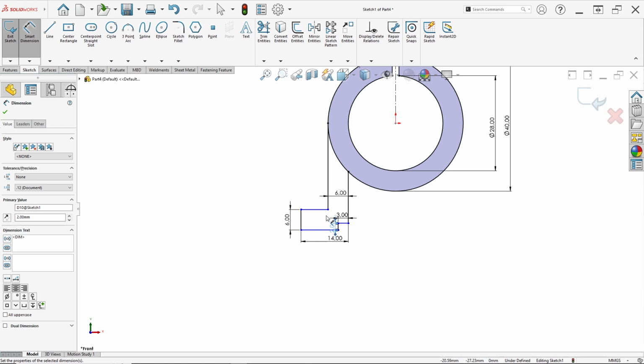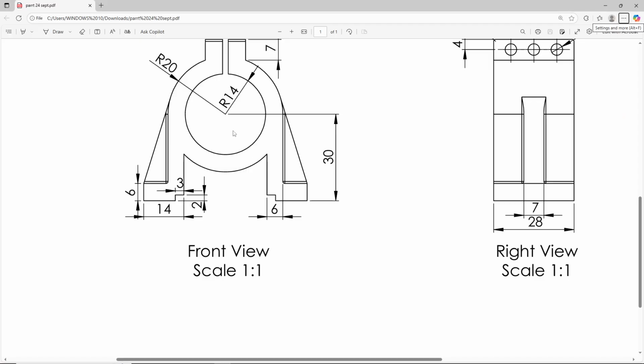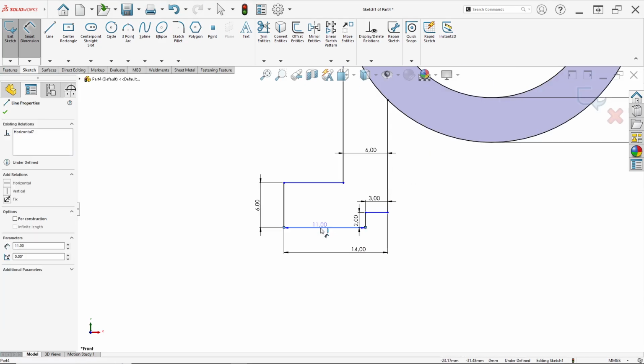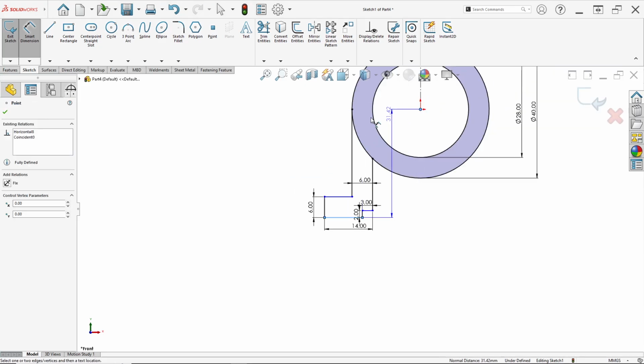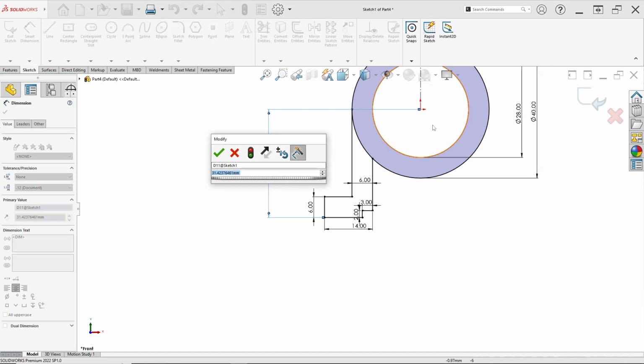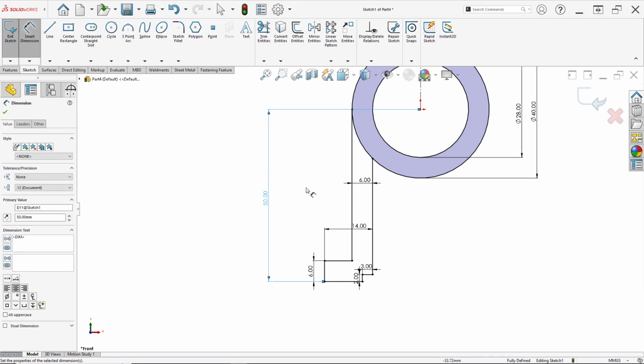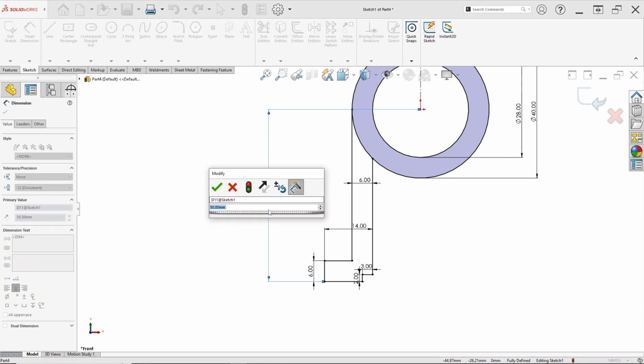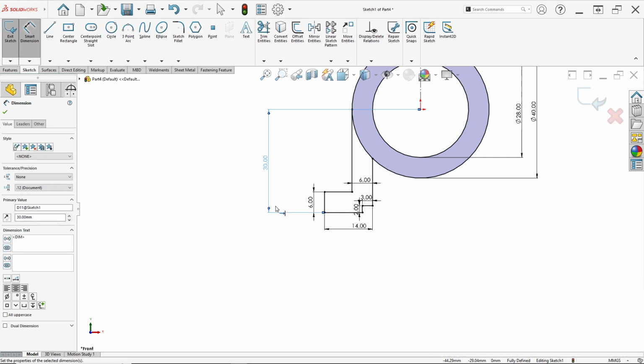And don't forget, from the bottom edge to the center of the circle the distance is 30 millimeters. Select this line and the center of the circle and input 30 millimeters.